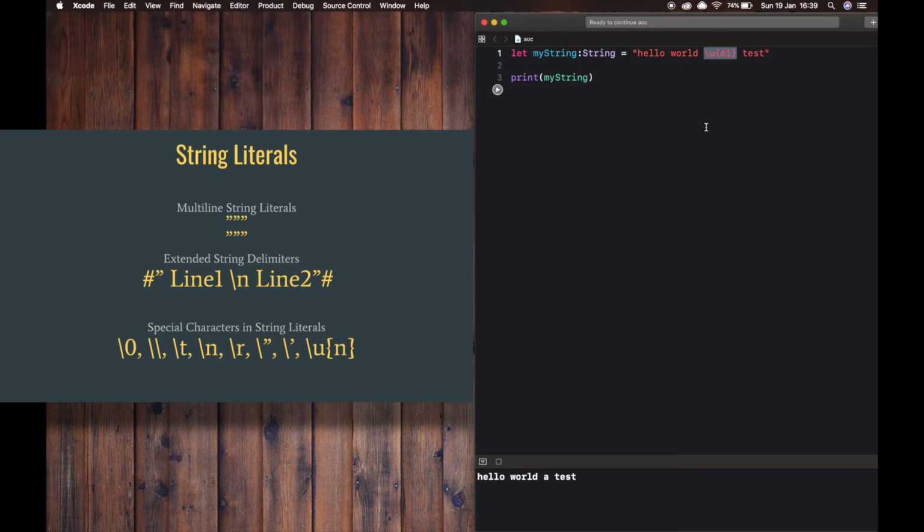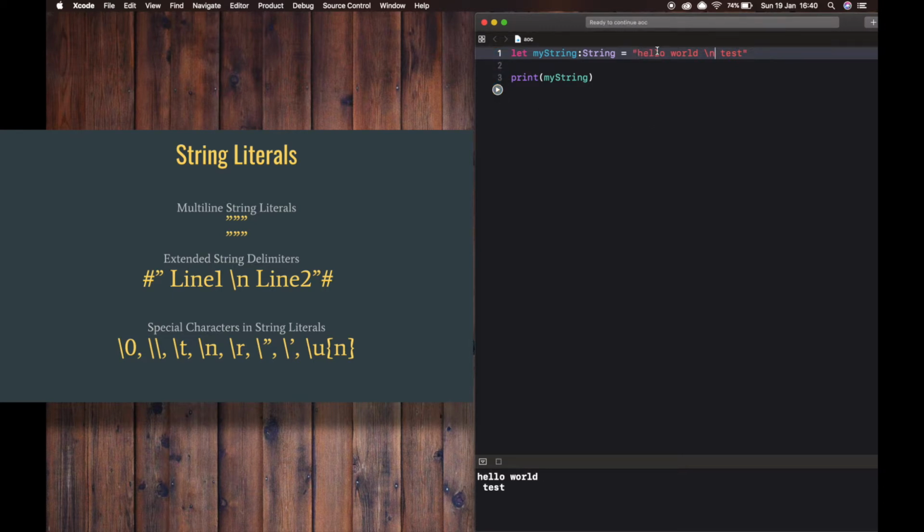If you want to include special characters in a string without invoking their effect, then use extended string delimiters. You place your string within quotation marks and surround that with number signs. For example, I am using that special character for a line feed.